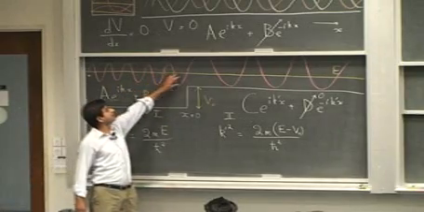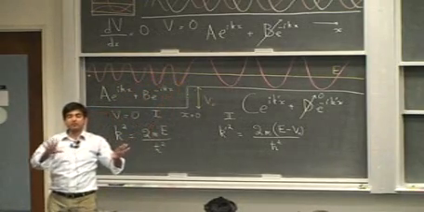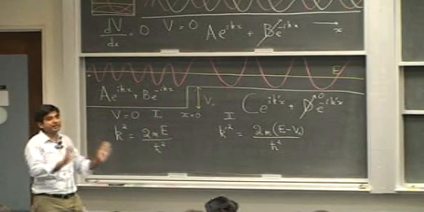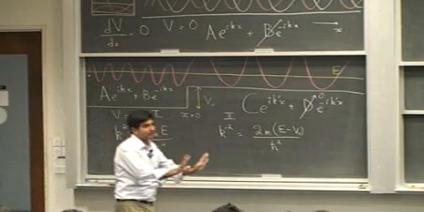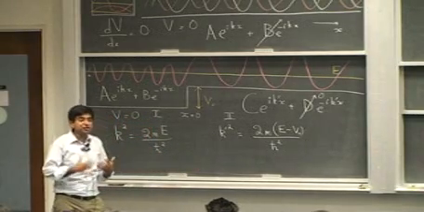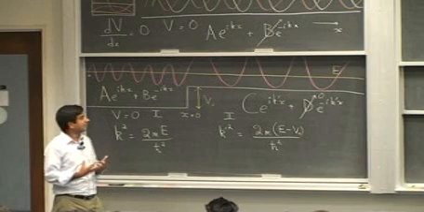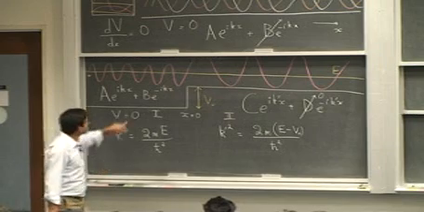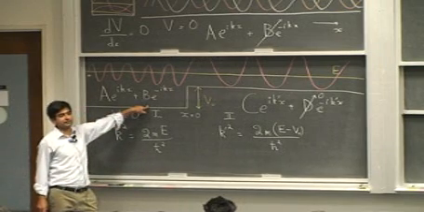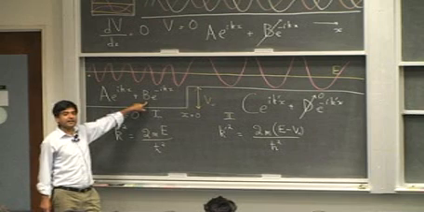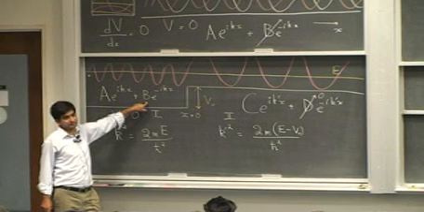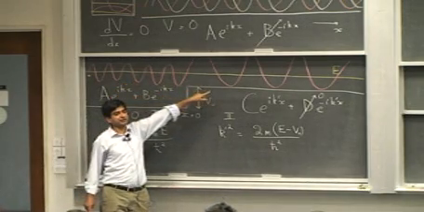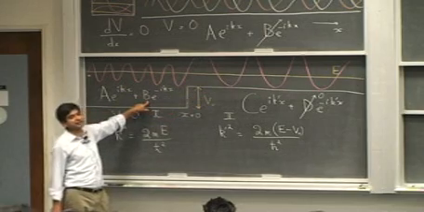So the particle has some energy, and this energy is sufficient to overcome the potential energy. Therefore, there's nothing stopping the particle. There's nothing impeding the particle. The particle has to move on. But there is a strange surprise that is not evident to you, and that is the presence of this term. This term means there is some reflection. So even though this particle has an energy greater than the potential energy, the particle still has some chance of being reflected.